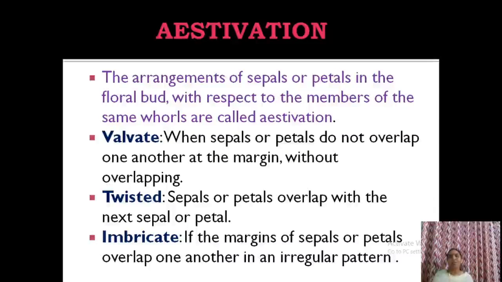Okay. Then next. Based on these outer whorls of petals and sepals, we can identify a flower. While describing a plant, it is very important to describe a flower in technical terms. So in that part, you need to note how these petals or sepals are arranged in a flower. Clear? The arrangement of sepals or petals in the flower bud is known as estivation, with respect to members of the same whorl. For example, if a corolla has 5 petals, how are these 5 petals arranged? We already studied that if the 5 petals are united, that is gamopetalous.